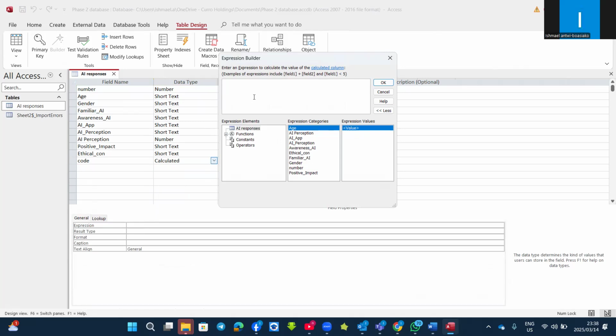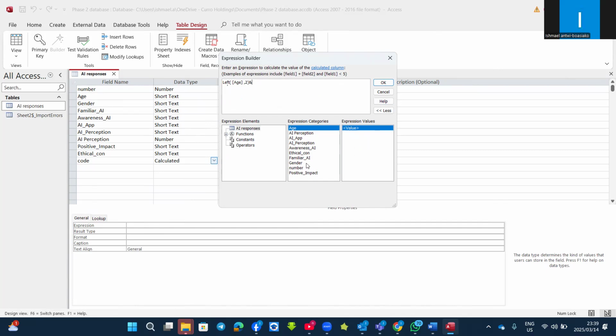So we use the left function. You can use any function. Left. And then these are the fields. Whenever you are doing calculations in database, we use the field. So let's say age, double click on age, comma 2. That means we need the first 2 characters of the age, and you put shift and then 7, concatenate, and